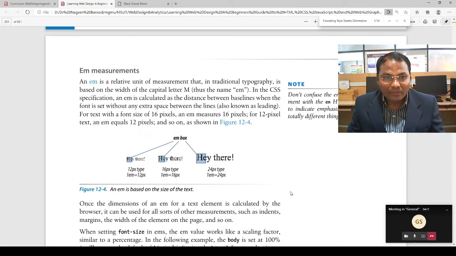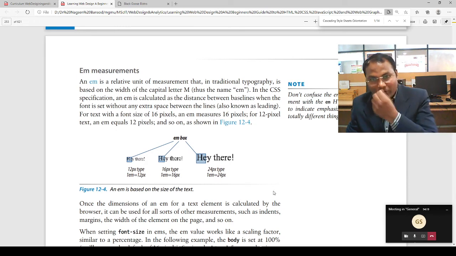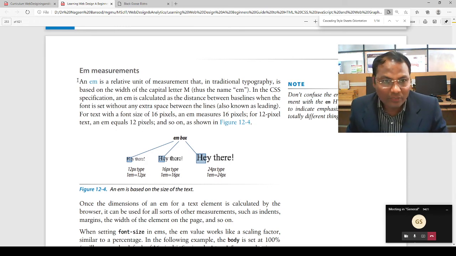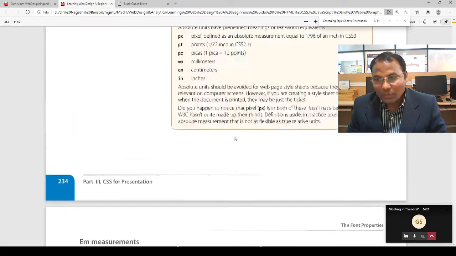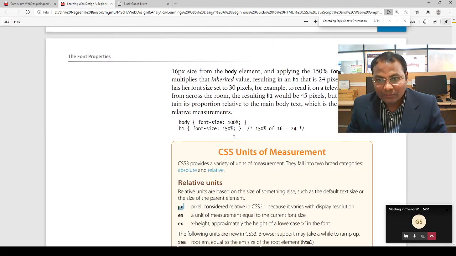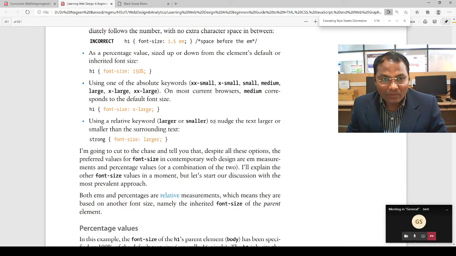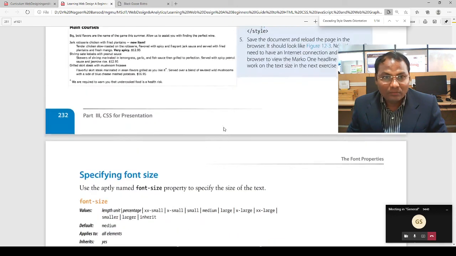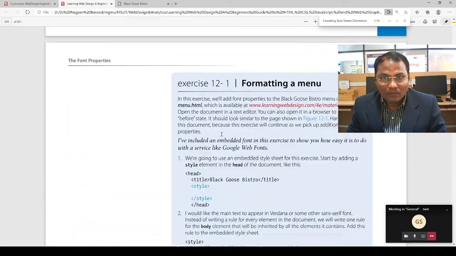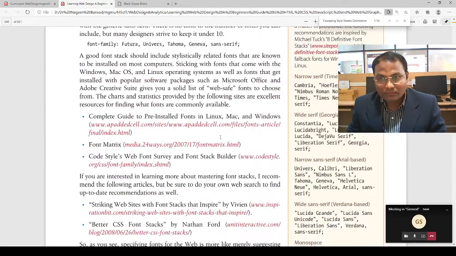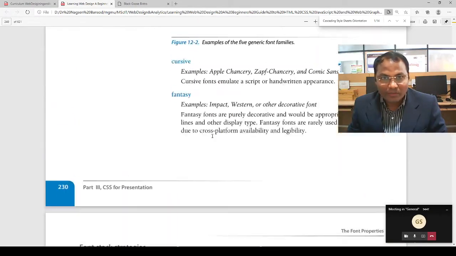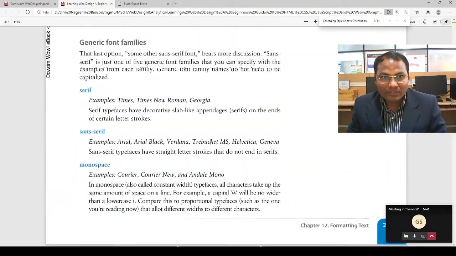If you have any questions regarding the text formatting, you can ask. In the next lecture, we are going to discuss EM measurement, emphasizing measurement. Do you have any question regarding this unit measurement? In today's lecture, we discussed the font size and font style. If you have any question regarding this, you can ask.